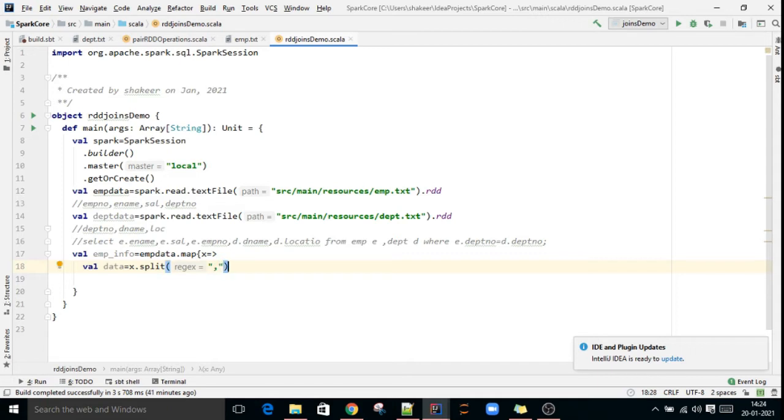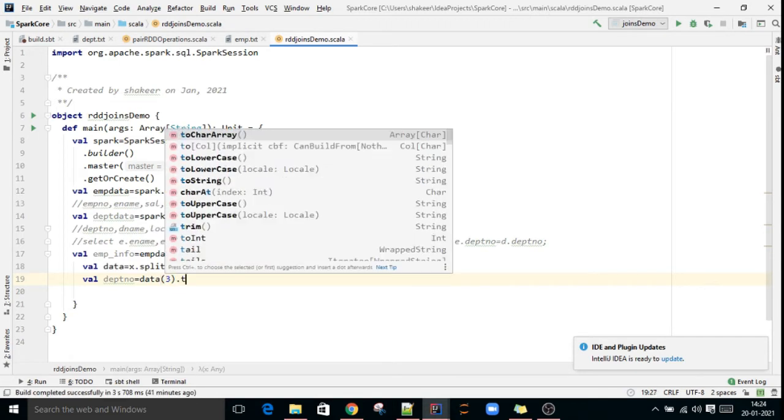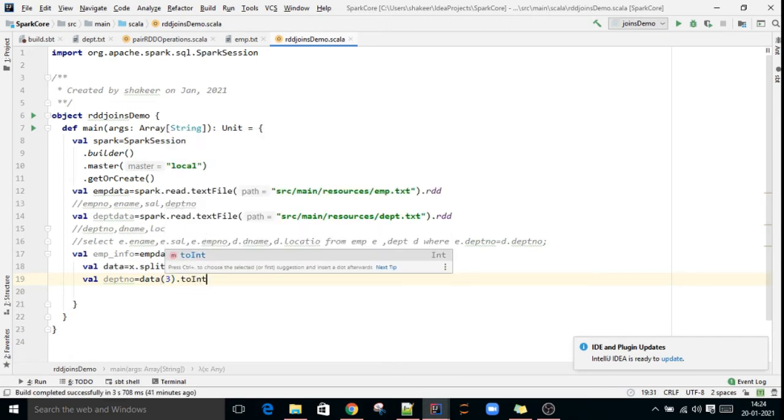So first we split using comma, then val department number equal to data at the third index. Since it is an integer, we convert using toInt.